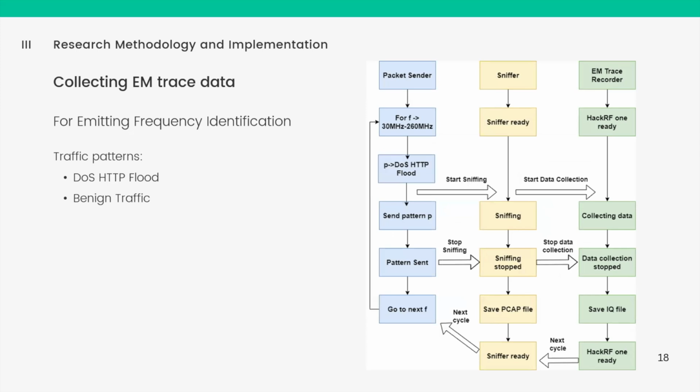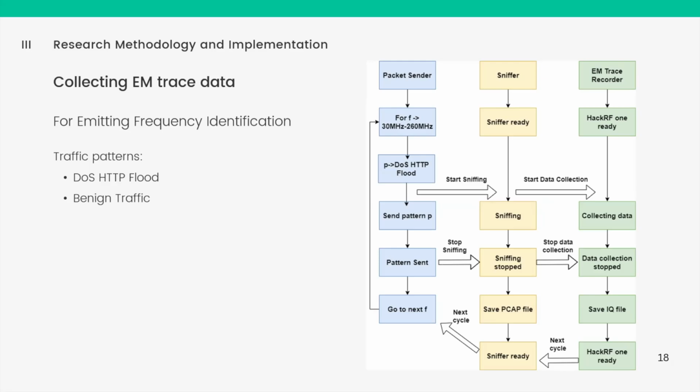To meet the scope, we only chose 3 of them, though it has 33 attacks. The first part of the data collection was to find the emitting frequency. Just as we have a frequency for an FM radio channel, if you want to listen to something, you have to tune to it. In the same way, all cables and devices have a frequency at which the data of that device leaks to the outside. So first we need to find it.